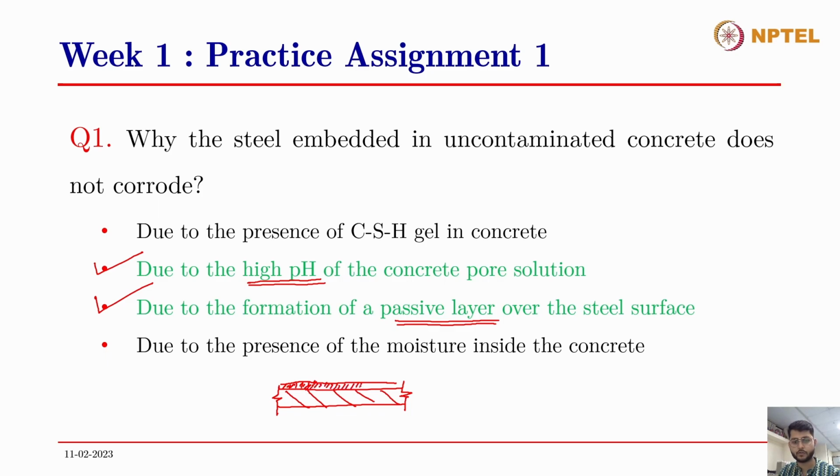These form around the surface of the steel rebar and provide a kind of coating around it. I've just shown a longitudinal section of the rebar. So this is the passivating film